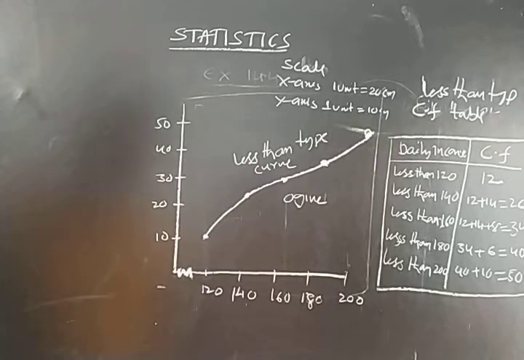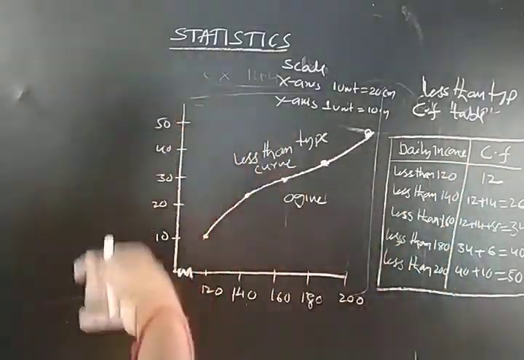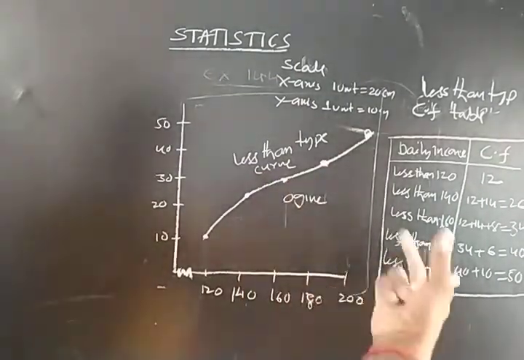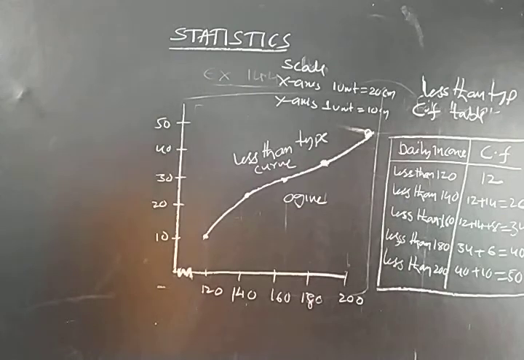So sometimes they will give this table directly in the question. That time you can directly take the upper limits on x-axis and cumulative frequency on y-axis. Directly you can draw the graph. And if you have the intervals, you convert into less than type. If they ask for more than type, you have to convert into more than type.